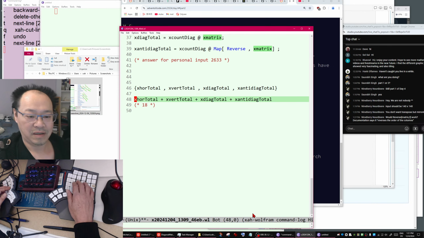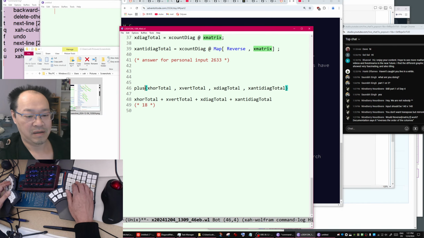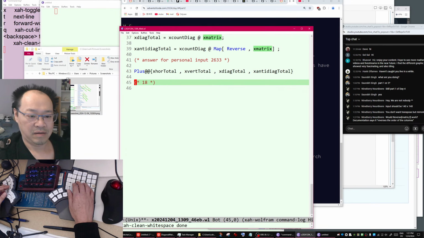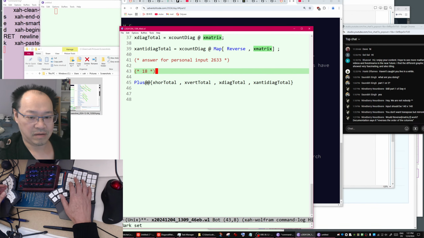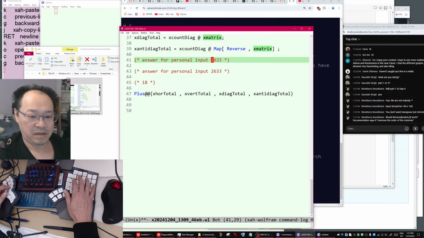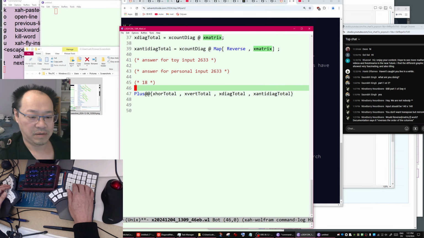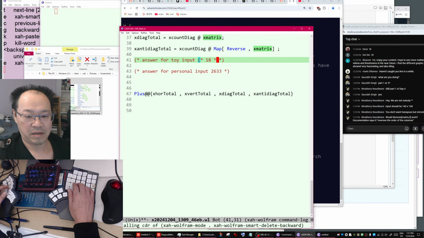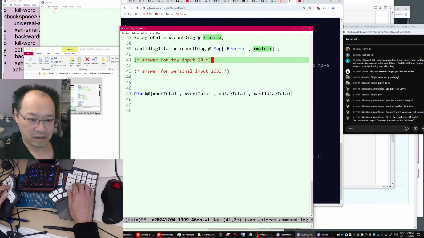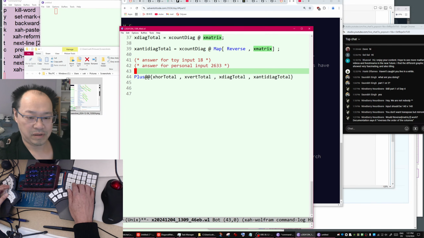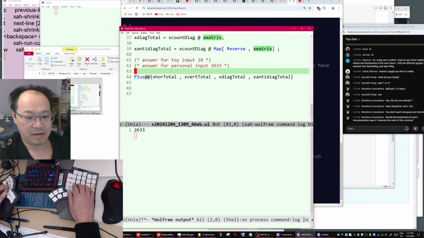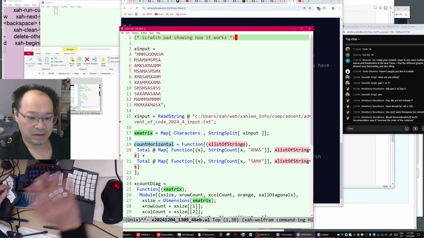The toy input is 18, and the personal input is, let's run it again. That's right. Yeah, okay. So now this is our code.